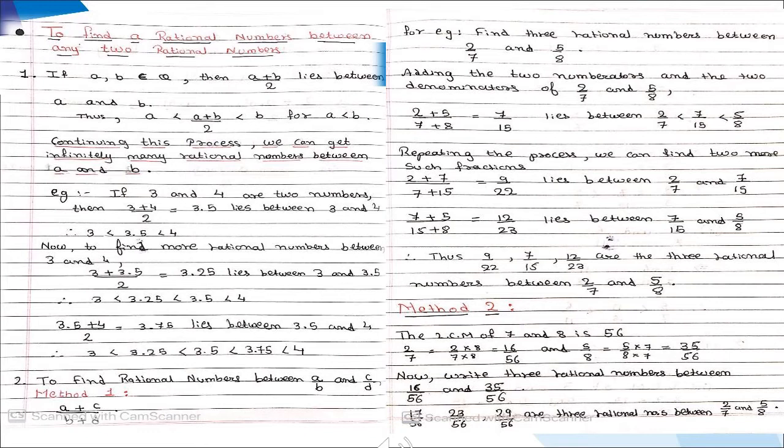So that's why purposely I have taken the prime numbers, so that there is no chance of writing the fraction in the lowest form. So if possible, take such numbers there. You don't need to further reduce. Correct? So there are two methods. First one was adding numerators and denominators and repeating the same. And the second method is make the denominator same by LCM and then check the numerators. Between those two numerators, take any three numbers.